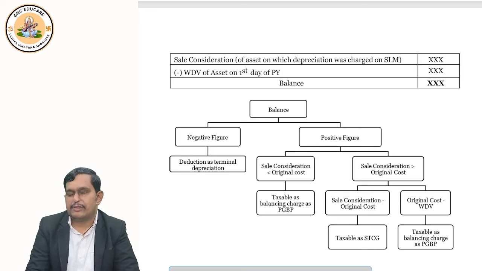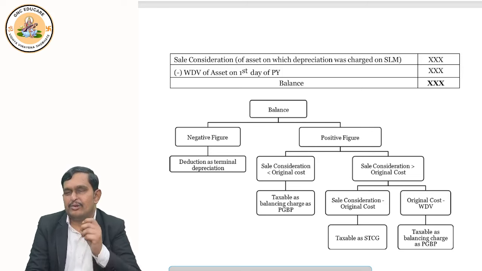So if sale consideration minus WDV is positive, I said sale consideration 1 crore minus WDV 60 lakhs, so you got a positive balance of 40 lakhs. Then you compared with original cost. You understood that sale consideration is greater than original cost. In that case, you will say that sale consideration minus WDV, that is the 40 lakhs amount you got, is the balancing charge, your business income. But suppose,